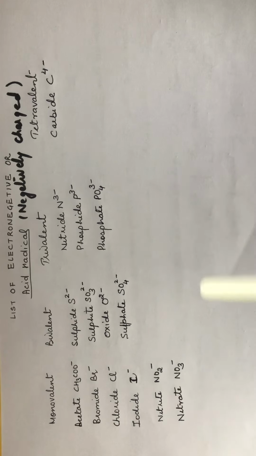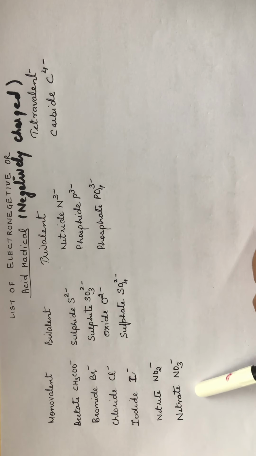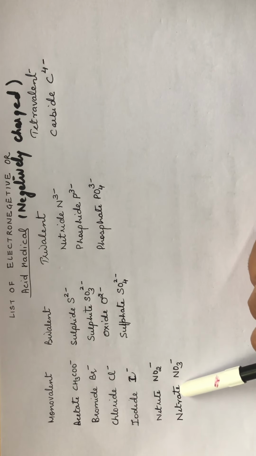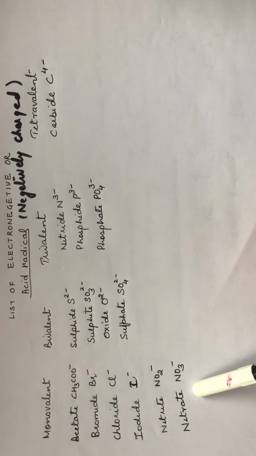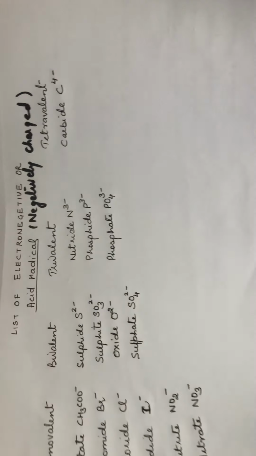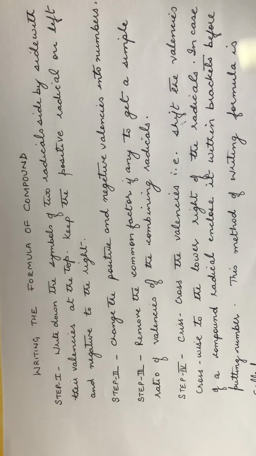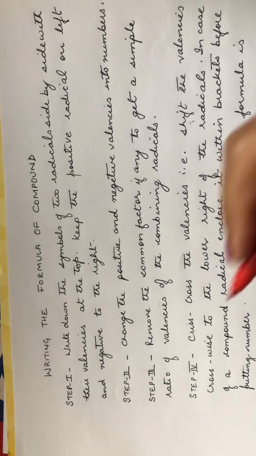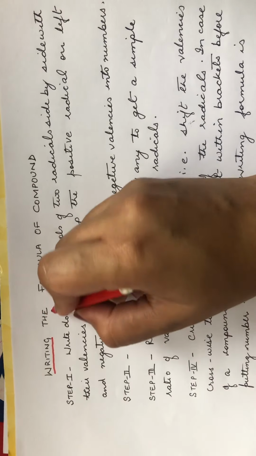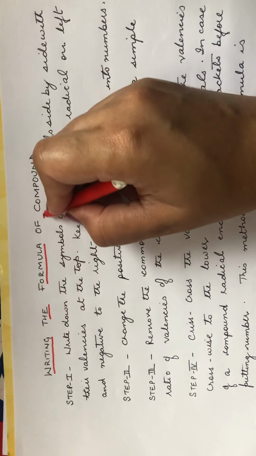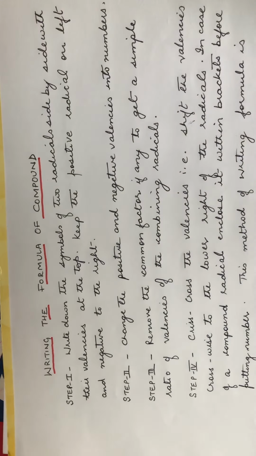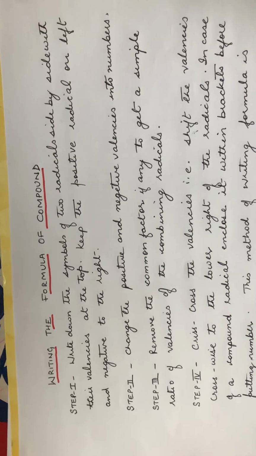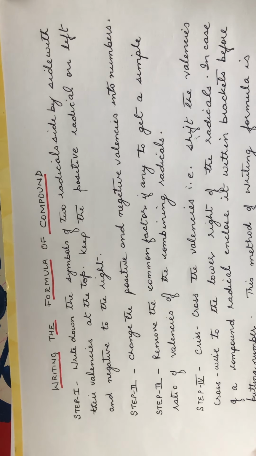Now if we know the concept of valency, then we can also have the idea of the charge which is present on an ion. Using that, we can write the chemical formula of the compound. So the next topic is how to write the chemical formula of a compound. What is a formula? This is a shorthand notation of a compound. If we want to write down the formula of sodium chloride, then we can write it in the form of its symbols, that is NaCl.